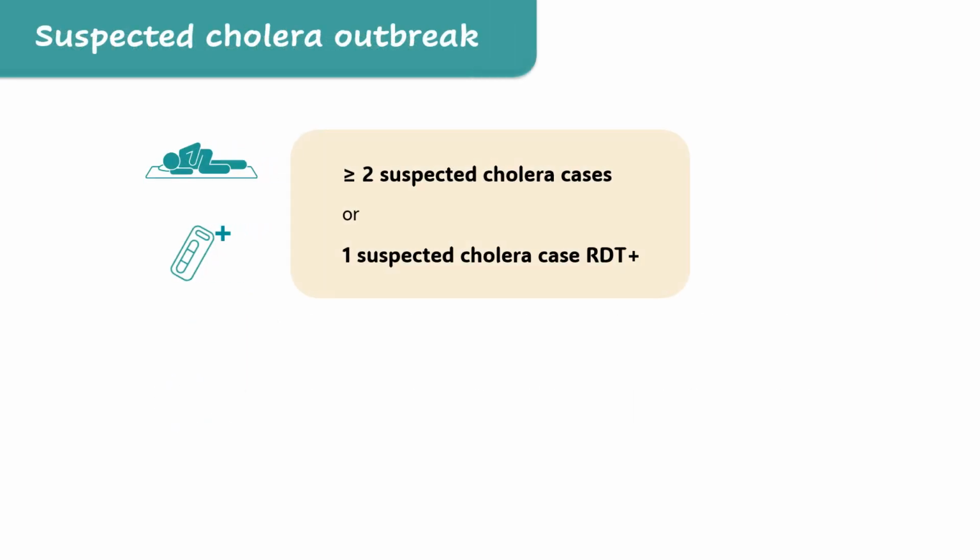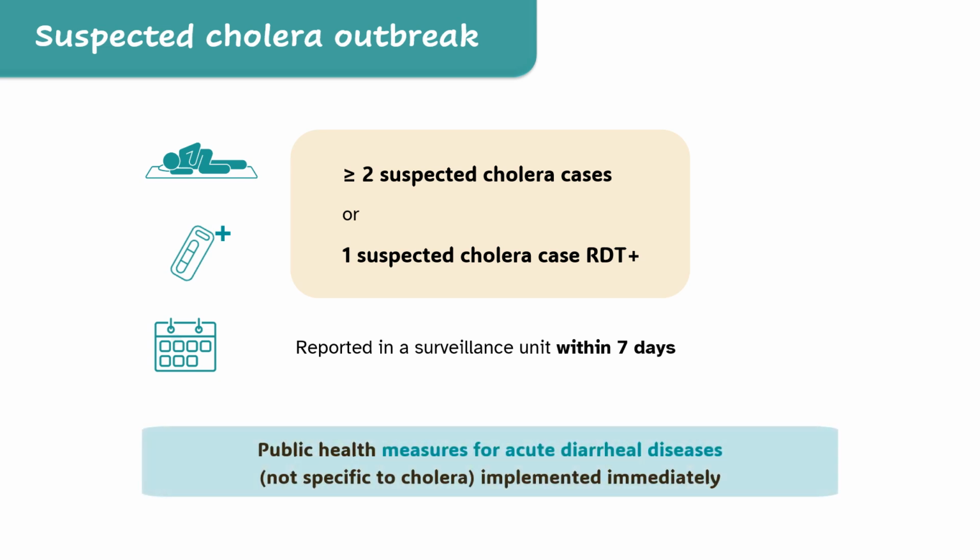There is a suspected cholera outbreak in a surveillance unit if 2 suspected cholera cases or more, or 1 suspected cholera case tested positive by RDT, have been reported in a surveillance unit within 7 days. If a suspected cholera outbreak is detected, public health measures for acute diarrheal diseases, not specific to cholera, should be